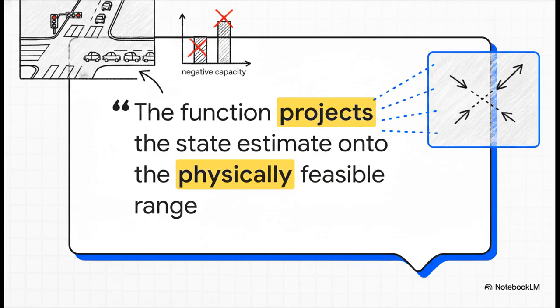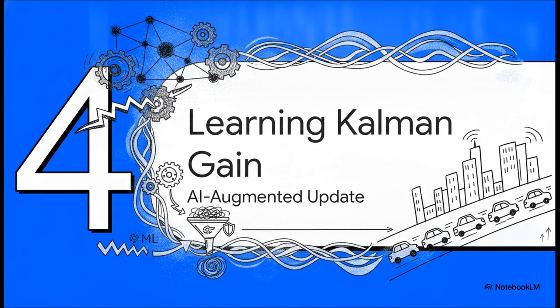Now, classical Kalman filter theory absolutely despises nonlinear projections like this because it completely shatters Gaussian optimality. But QNet forces it anyway. Why? Because the physics demand it. You simply cannot have a negative traffic queue, and a queue cannot magically exceed the physical capacity of the road section. By enforcing this projection, QNet guarantees the algorithm stays tethered to the physical constraints of reality. Optimality be damned?